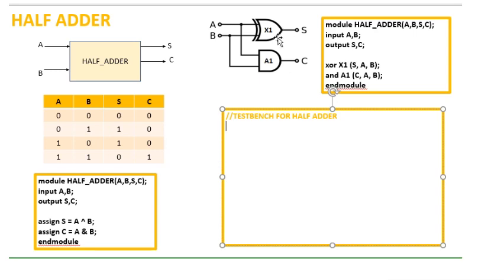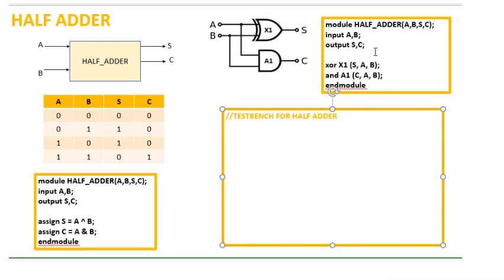For that I need the logic diagram. So the logic diagram of the half adder comprises of one XOR gate and one AND gate. So that is what we have implemented here. Now the test bench for the half adder will be the same in whichever style you have described the design. So whether you have described using assign statement or using primitive gates, the test bench happens to be the same. The test bench treats the design block as a black box.